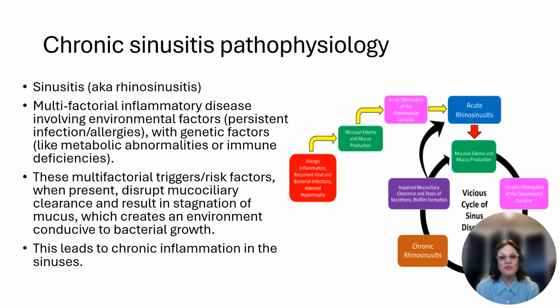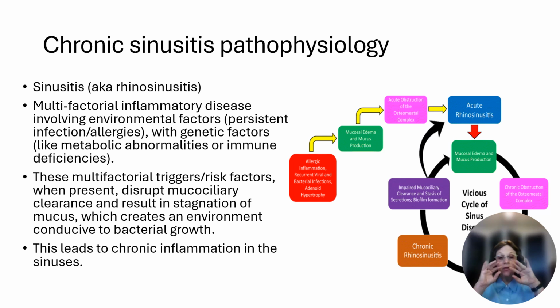The pathophysiology of chronic sinusitis, also known as rhinosinusitis: usually many different inflammatory diseases are happening. It can be an environmental factor like persistent infection or allergies, plus some sort of genetic factor like some sort of metabolic abnormality or immune deficiency. These things all come together to create the perfect storm that causes this problem with the